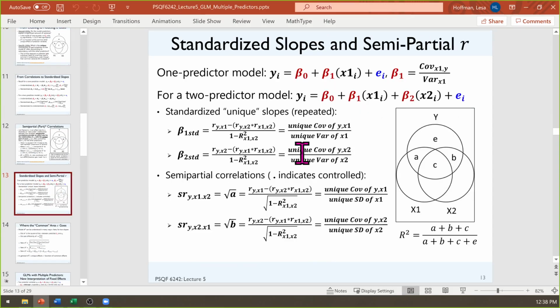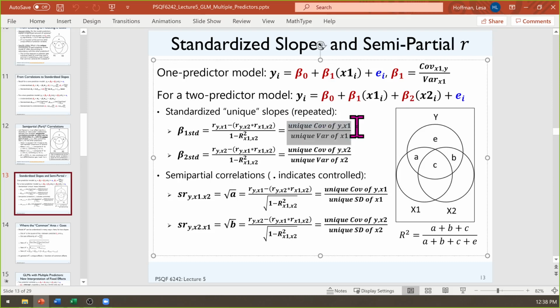This is the slide that I was thinking of about standardized slopes versus semi-partial correlation. So the semi-partial correlation is the correlation between a predictor and an outcome controlling for the common variance across predictors. It is related to standardized slopes in the following fashion.